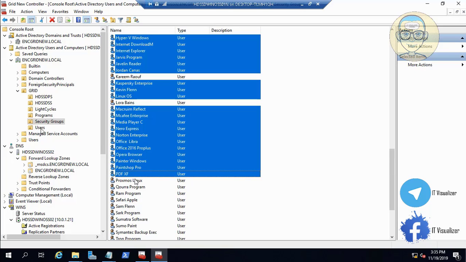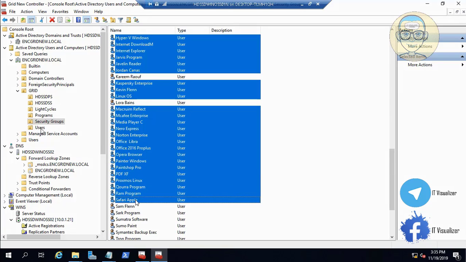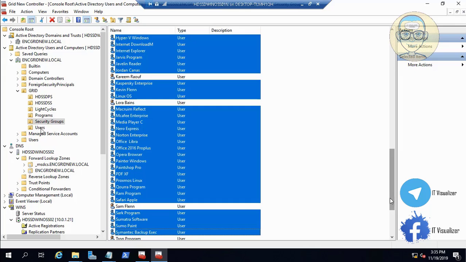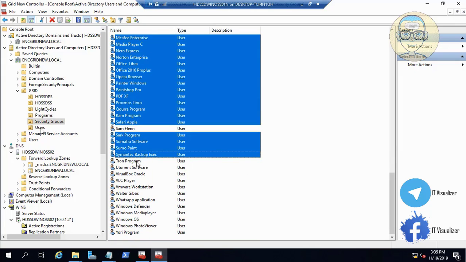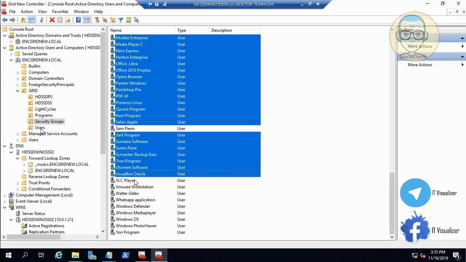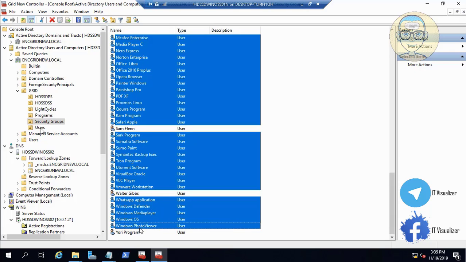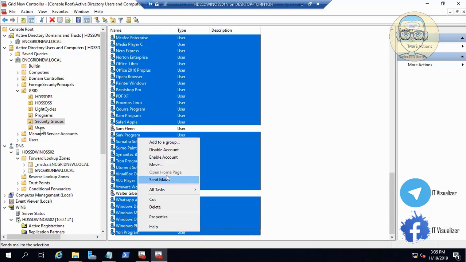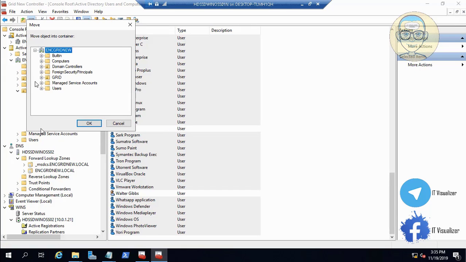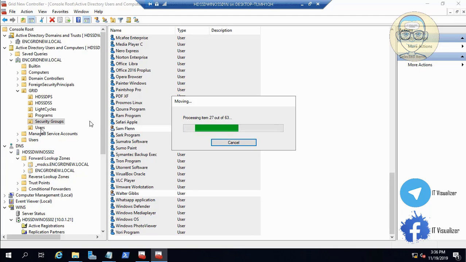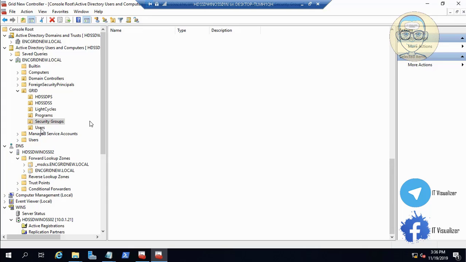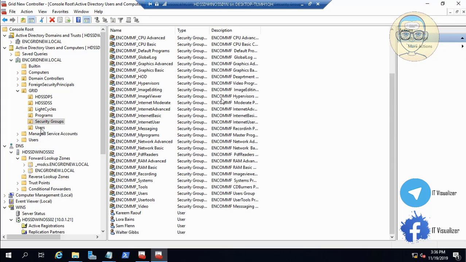This is the idea of our lab, because in the grid we have programs, we don't have human users. So here we are moving them all. Here we are choosing them. Walter Gibbs, this is a human, and Sam Flynn is a human, and we have Kevin Flynn also. So here we'll move them to the grid, to programs, and we'll have the rest in the users